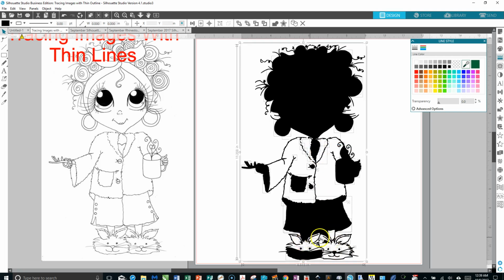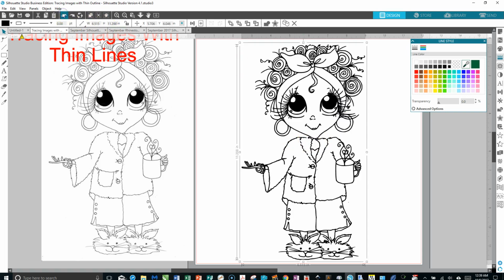And I knew one part of her slippers. I knew this jacket because of that area there. And I think I mentioned something up here was going to remain white. So this is what happens with her. So the best thing for me to do, since I've identified those, is I'm going to click the undo,